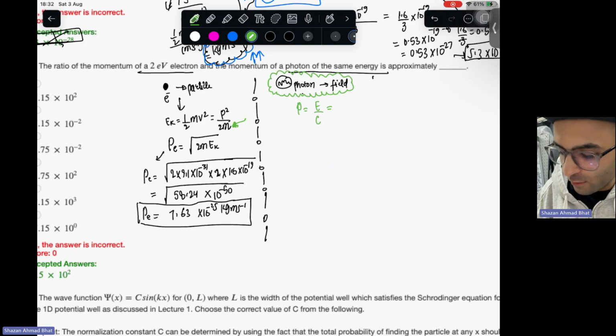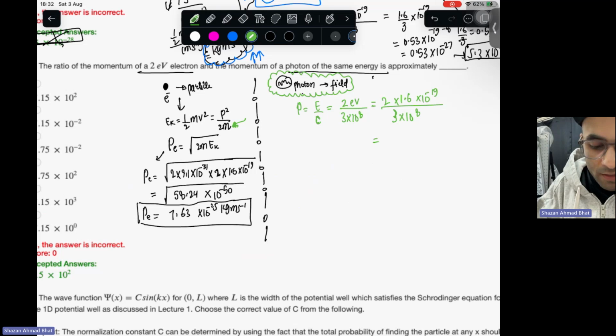So we are using this particular relation, which we showed in the previous question, how we arrived at this relation. So we can compute the momentum of a photon by again putting the value 2 electron volt divided by 3 into 10 to the power 8 meter per second. Need to convert this unit into joules. So we write 1.6 into 10 to the power minus 19 joules divided by 3 into 10 to the power 8 meter per second. And when we do the multiplication, we get